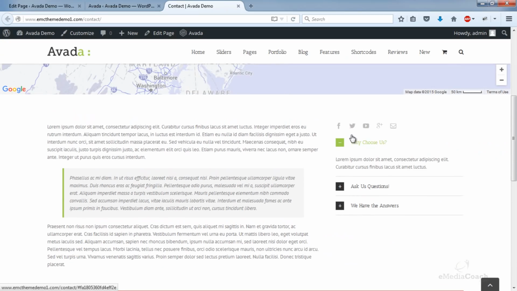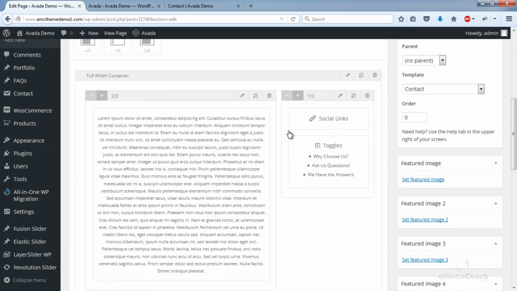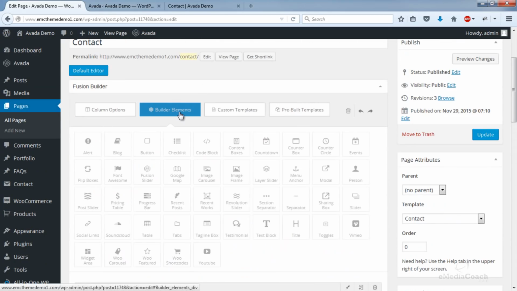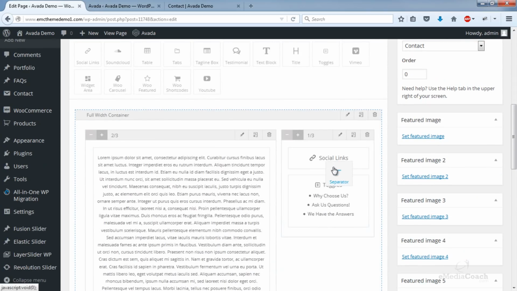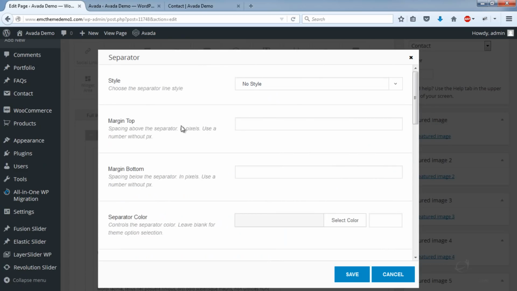There you go. It does look a little bit cramped up, so we can actually separate or add some spacing in there. So margin top and margin bottom, when you're adding spacing, do it in pixels, but don't enter px. So don't enter that. So let's just try, say 35 pixels. Okay.